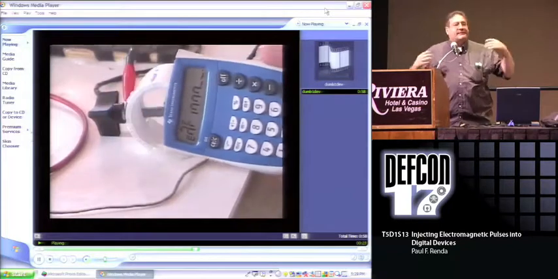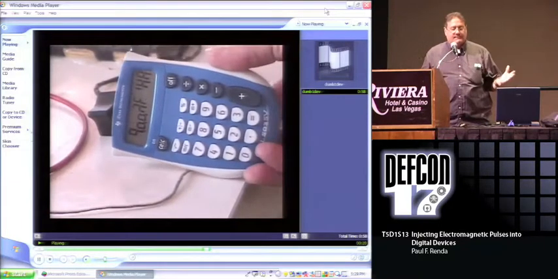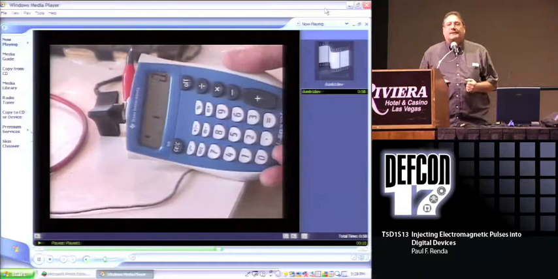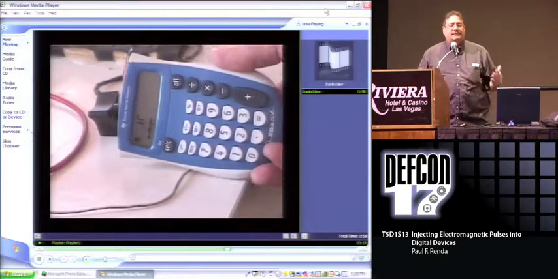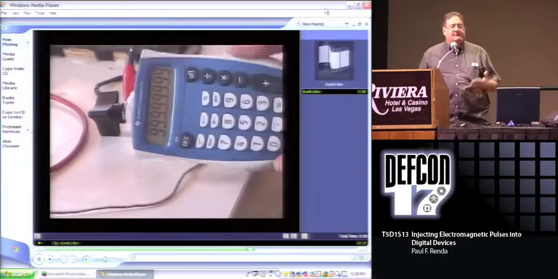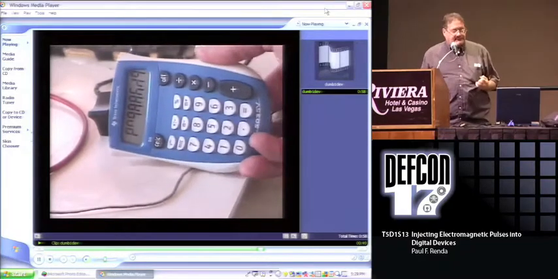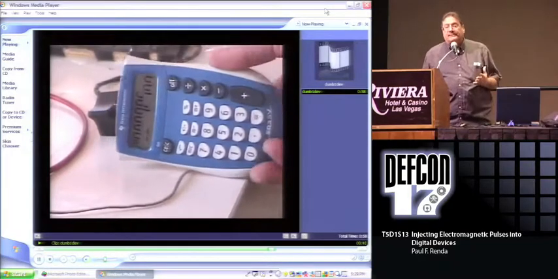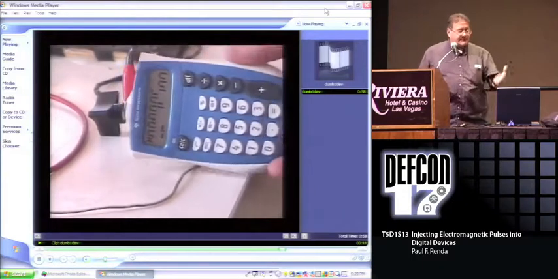Obviously, I haven't tested every single device in the whole world. How I came up with that is just reviewing literature on the internet. Anything I get my hands on, that's what I've come up with. You have dumb digital devices, you have smart digital devices. The other thing about dumb digital devices, not only this calculator,